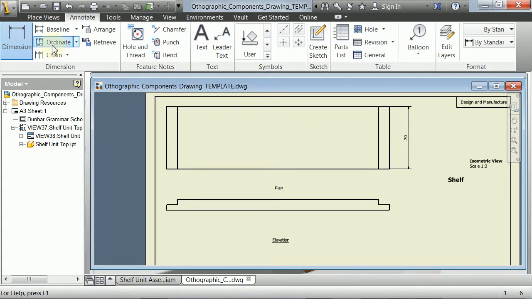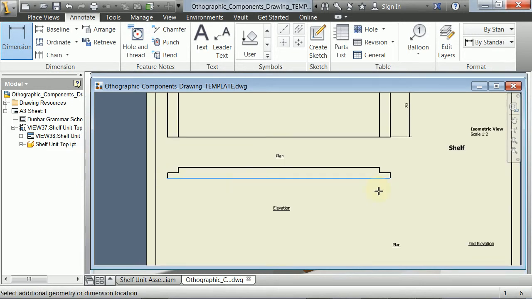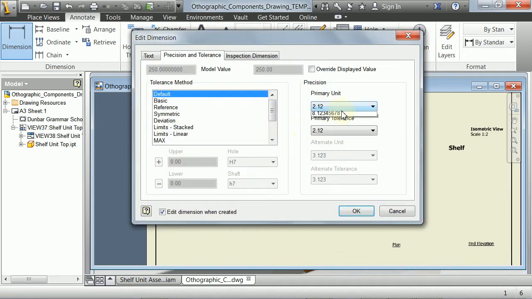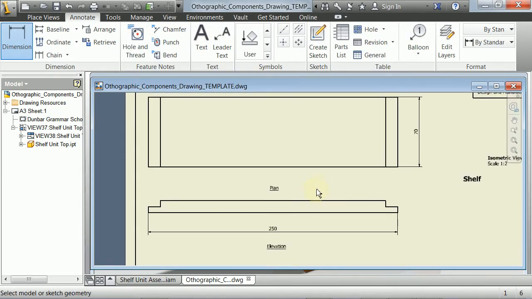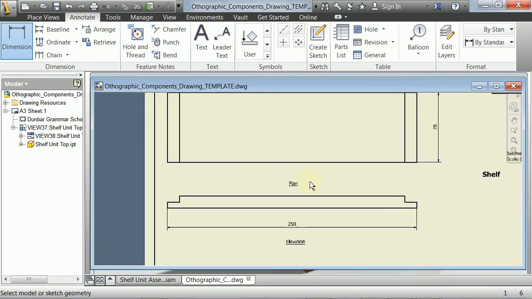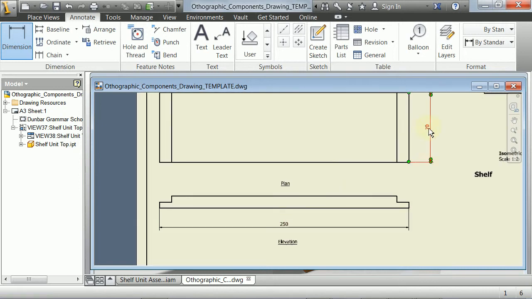So I've got 70 for the side, and I'm going to do the length a bit down here and hit that to 0. So the beauty of this is that this is all set up to British standards already, so the way the format goes, the position of the numbers, everything it does from an annotation point of view is all correct, so you don't need to think about it